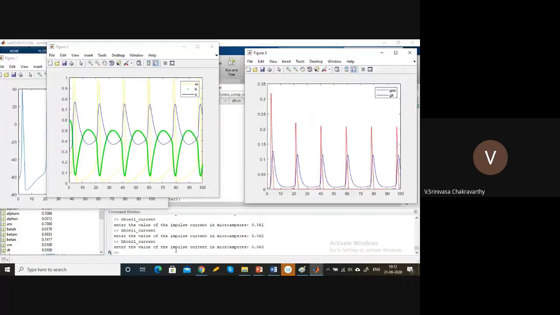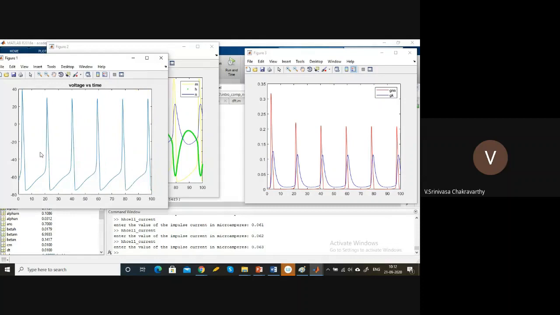0.063. Not only that, you see that the action potential amplitude is not diminishing. From first to second there is a reduction, but after that it is continuous. They are exactly the same, and it's perfectly periodic. Durations are exactly the same. So this is kind of like a limit cycle, but this system is 4-dimensional, so it's in 4 dimensions.